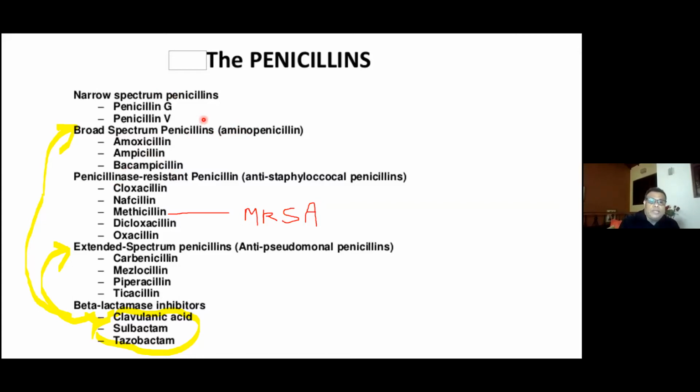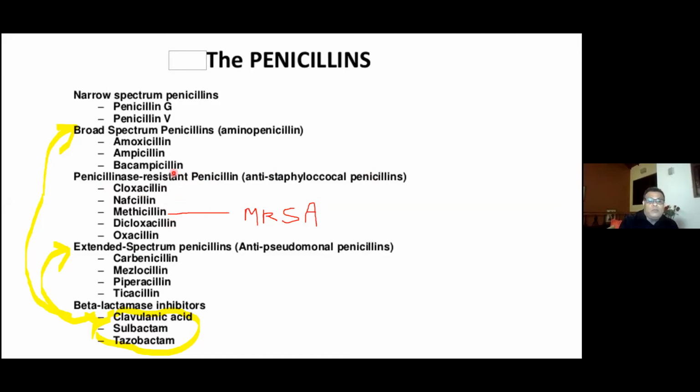So with the use of penicillin, bacteria also develop resistance. To destroy penicillin, these bacteria have produced penicillinase. So in practice, clinicians have a challenge to produce antibiotics against these resistant bacterial strains. So they have produced penicillinase resistant penicillin, known as anti-staphylococcal penicillin. Under that, flucloxacillin, dicloxacillin, and methicillin are the typical examples.